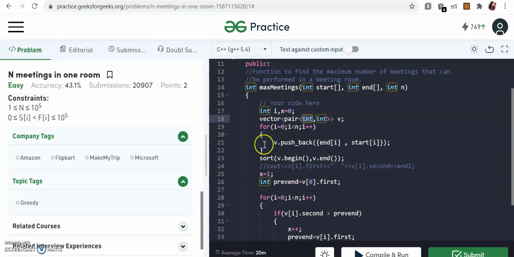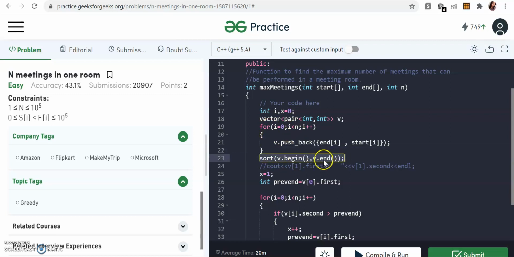So for that, I'm just quickly traversing and pushing each pair into the vector. Because we need this vector to be sorted by end time, I am pushing the end first. Like I'm making a pair such that it is end comma start and not start comma end. For my feasibility, there are multiple other ways, like you can make a structure and then sort it, but this is the simplest way that I can find. You can also write your own function to do a similar task. Once this is done, I'm just quickly sorting this vector.